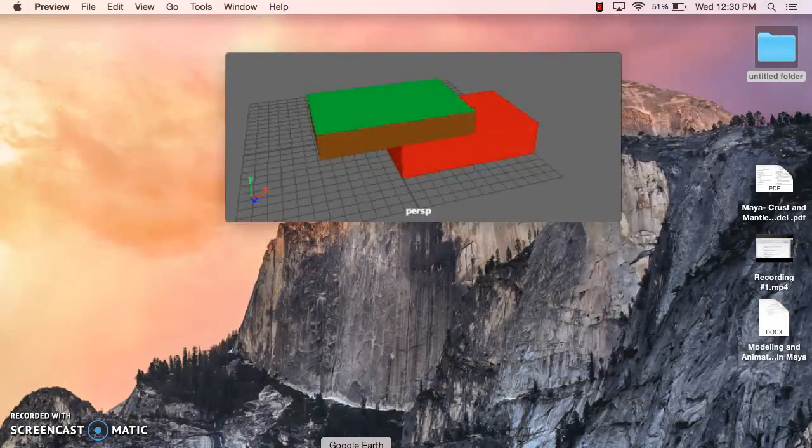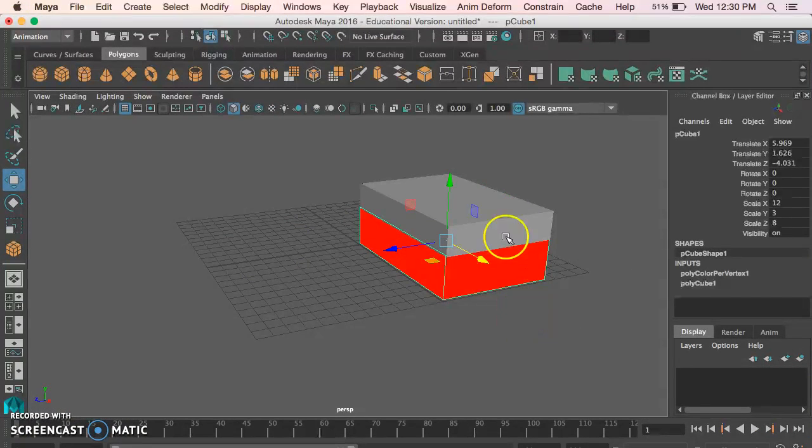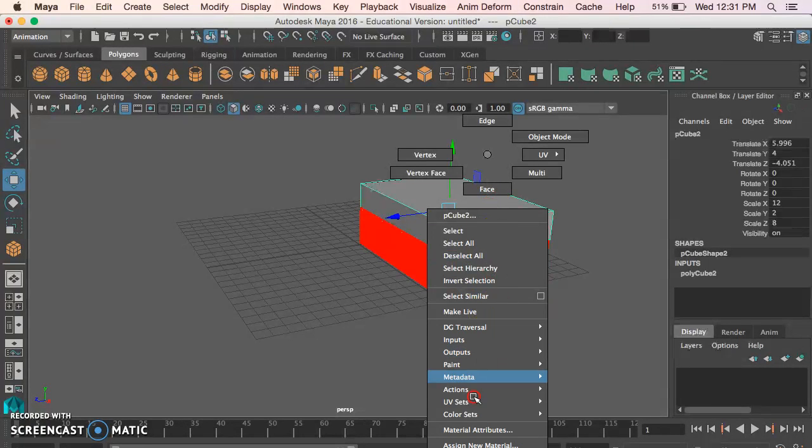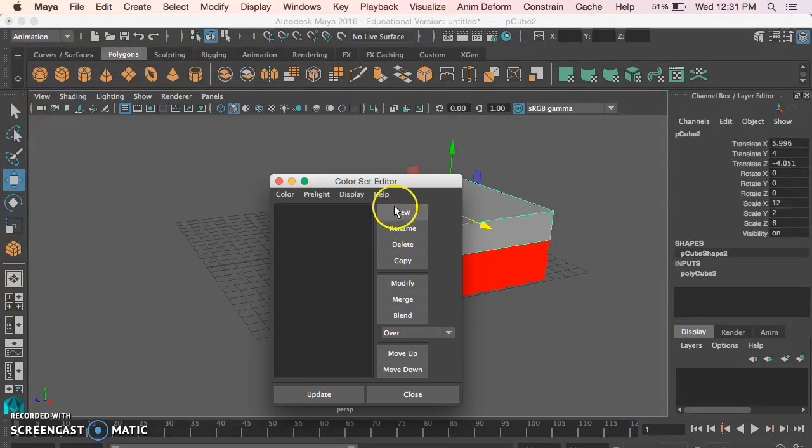So the way that I do that is I'm going to select the crust. But I'm in object mode and I don't want the entire crust to be one color. I need 2 different colors. So what I'm going to do is first I'm going to change the entire crust to brown because only one of the faces needs to be green, that top face. So I'm going to do the same thing I did before, go down to color sets, color set editor. I'm going to pick apply color,